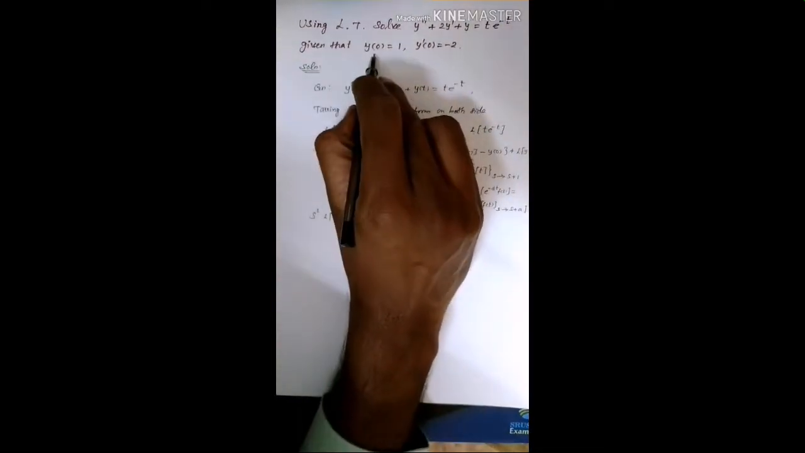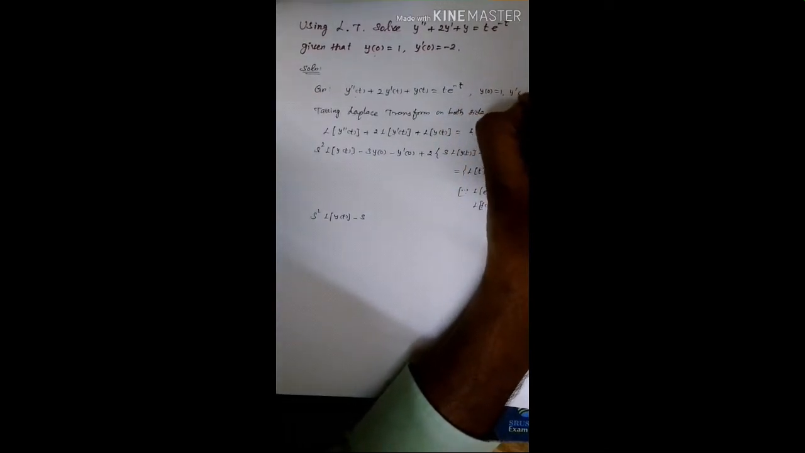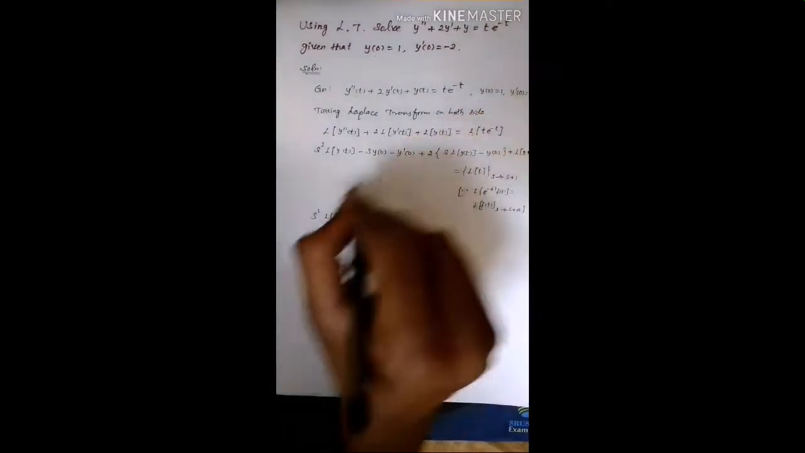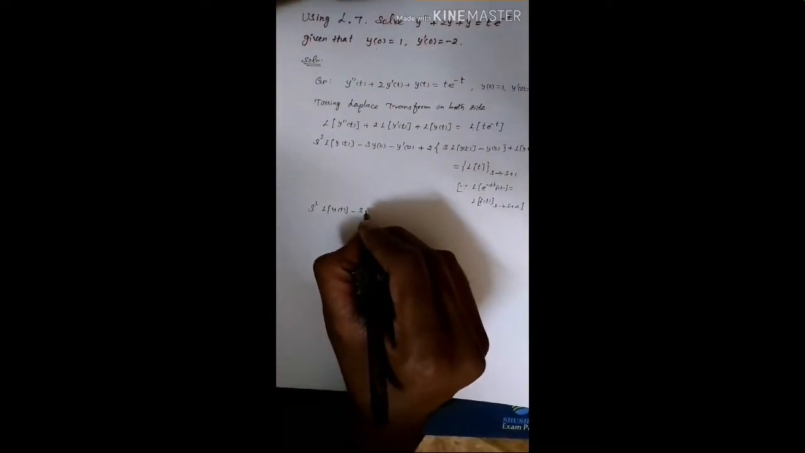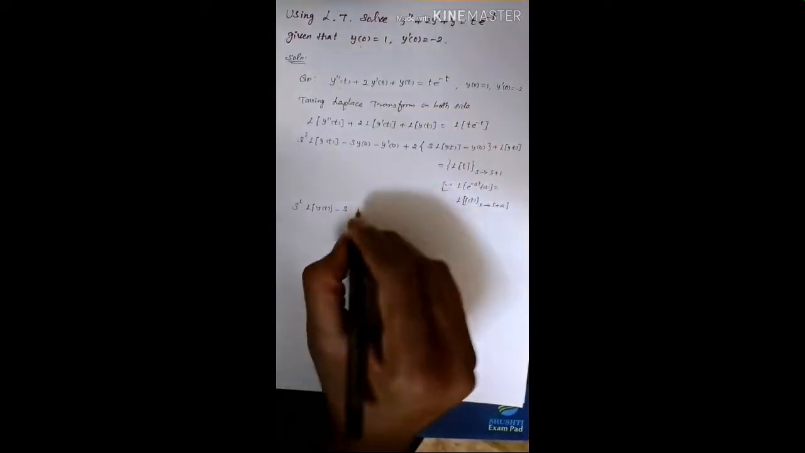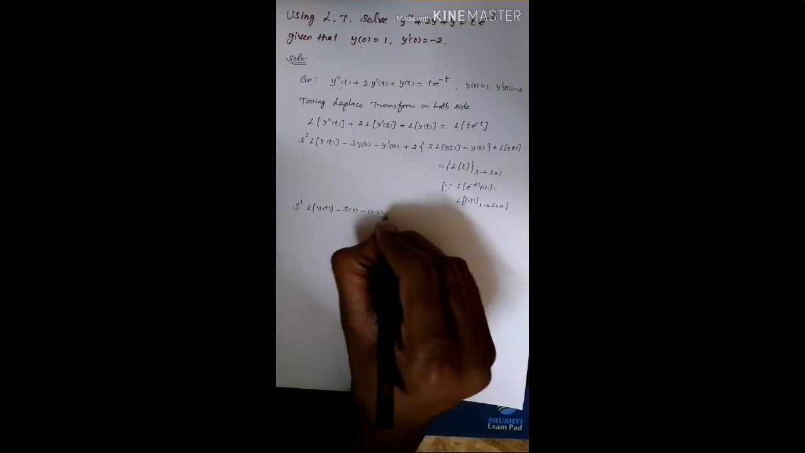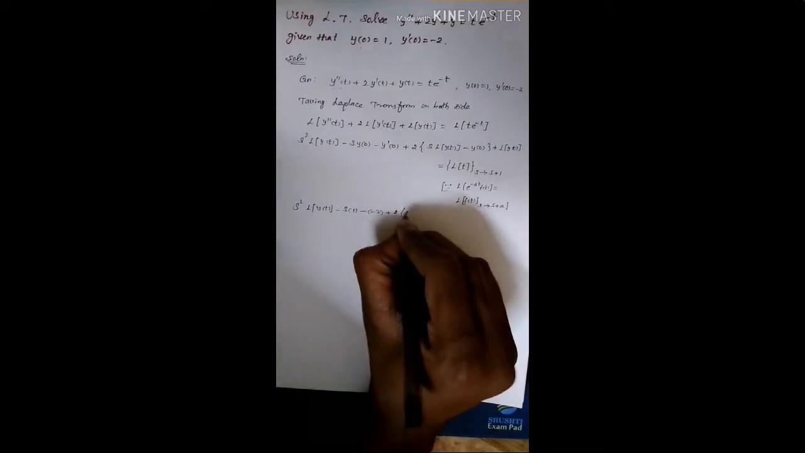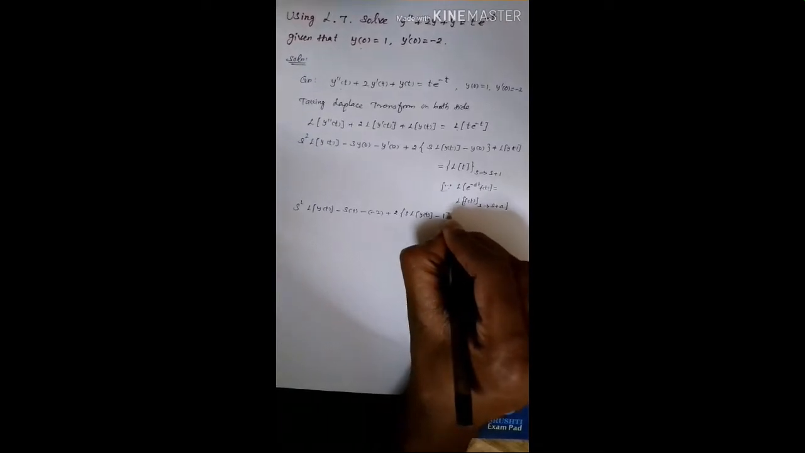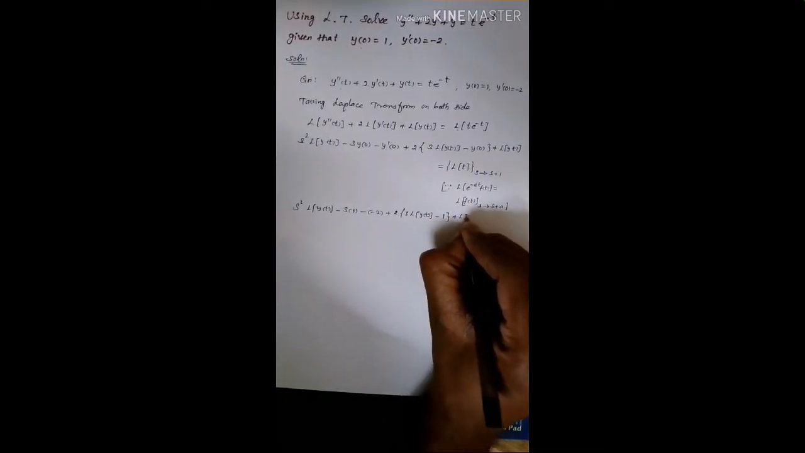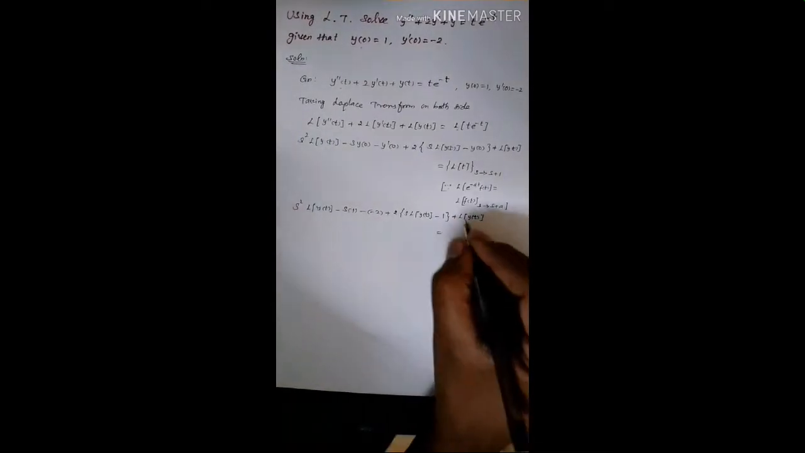So next line, s square into L of y of t minus s into y of 0 and y dash of 0 are already given in the question. So use that condition, y of 0 equal to 1, y dash of 0 equal to minus 2. Now s into y of 0, so y of 0 means 1, that is given in the question, minus y dash of 0 is minus of minus 2, plus 2 into s into L of y of t minus y of 0, which is 1, plus L of y of t, that's equal to